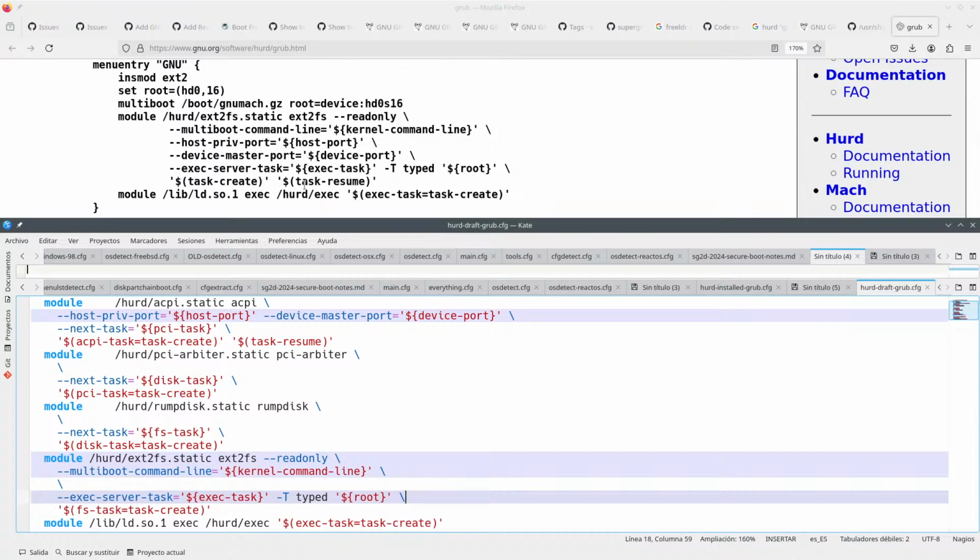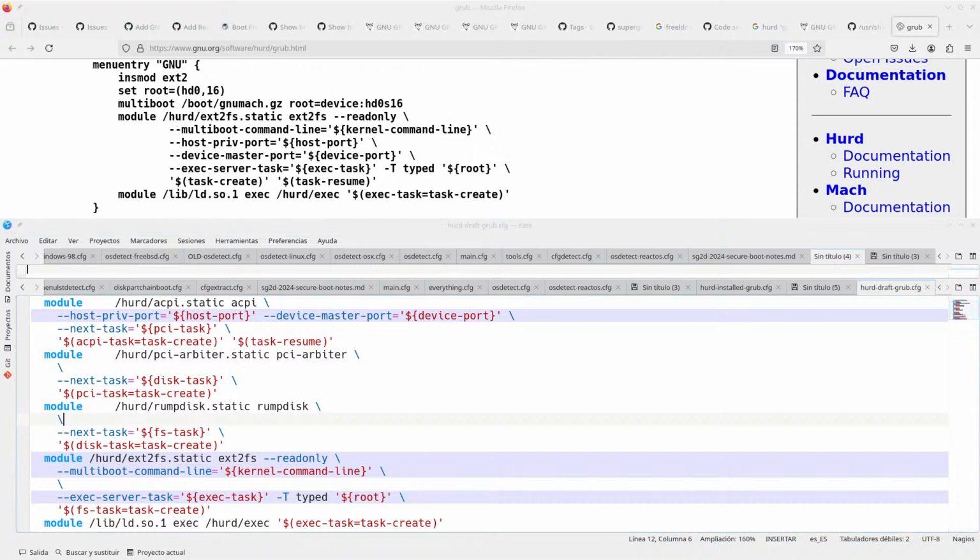And then task create task. So here you have a task create task resume, not fs task. Oh my god. So each one of these has this task create for the different tasks, and you don't have any of these tasks here in this example. So yeah, I'm not sure how you're supposed to do any of this, you know what I mean? I'm not sure how you're supposed to do it.